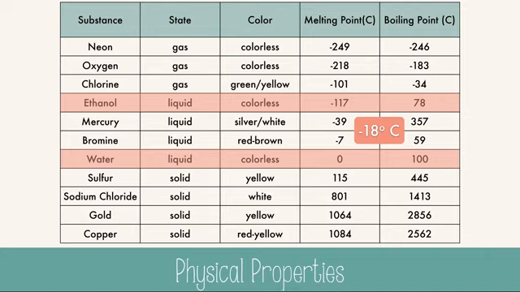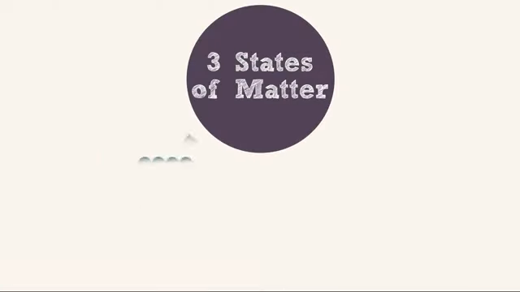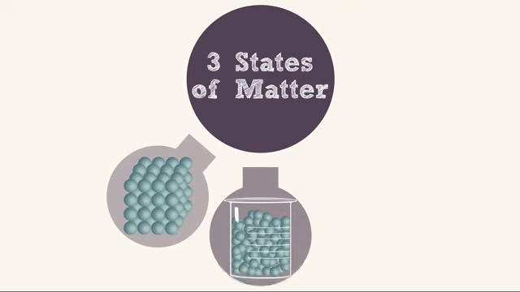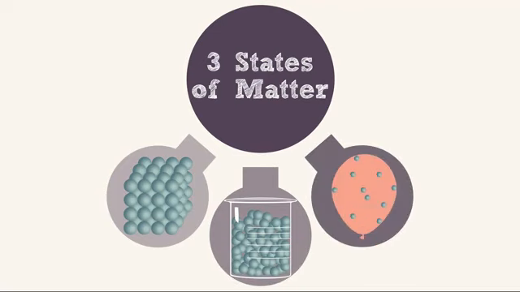And speaking of freezing, we should review the states of matter to help us understand physical properties a little better. There are 3 states of matter that we're going to look at: solids, liquids, and gases. Oh, and kudos, yeah, there's one more that I forgot, but I didn't forget it: plasma. But that's for another time.